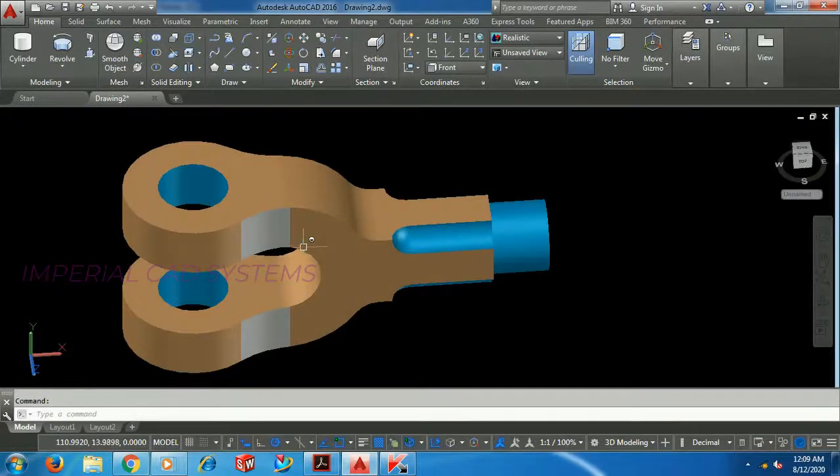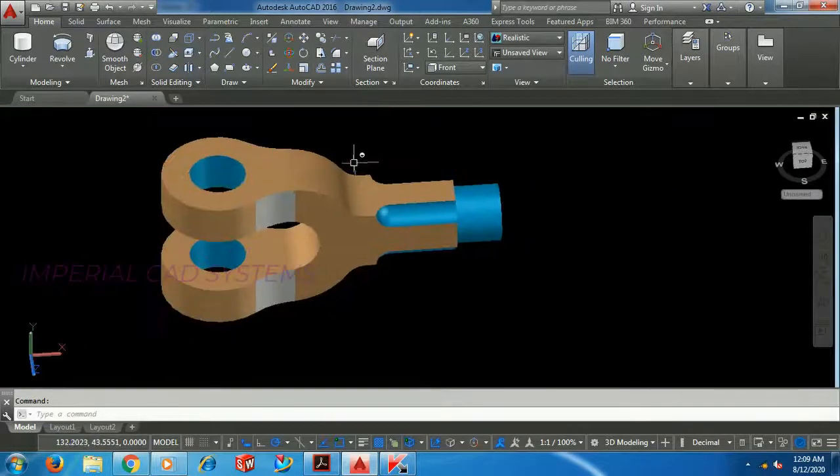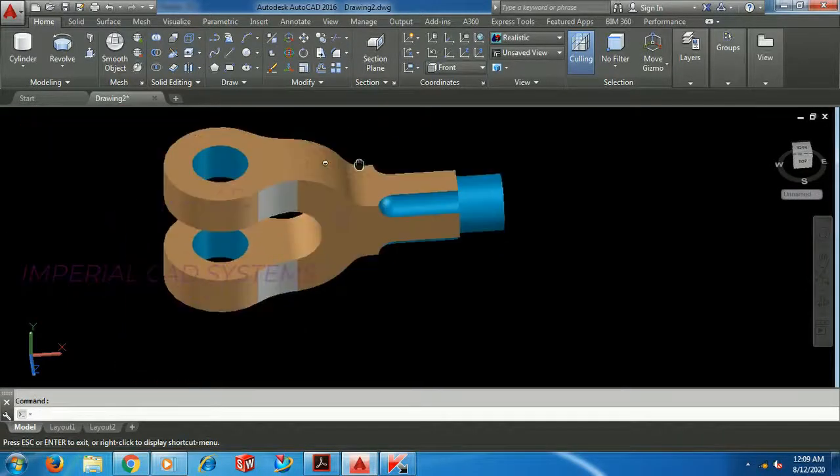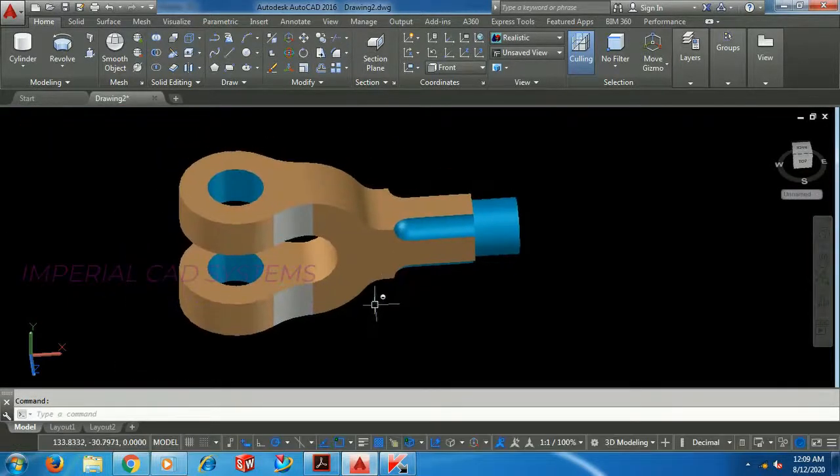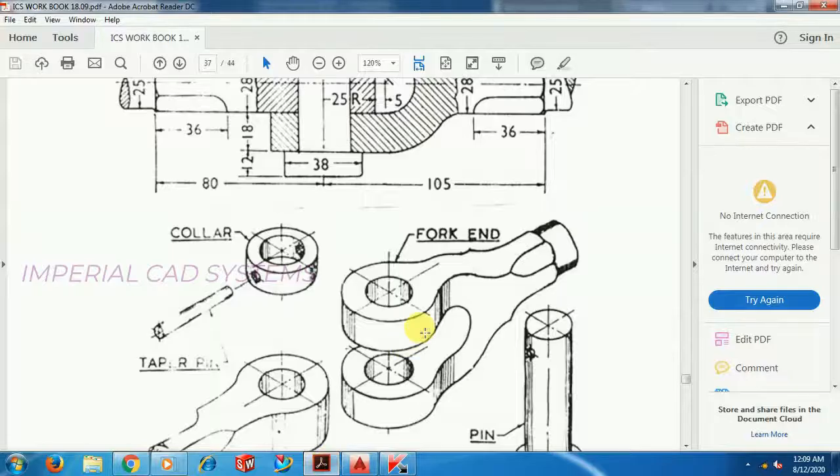See applied radius 30 here. Like this you have to create knuckle joint, fork end using AutoCAD 3D modeling commands.